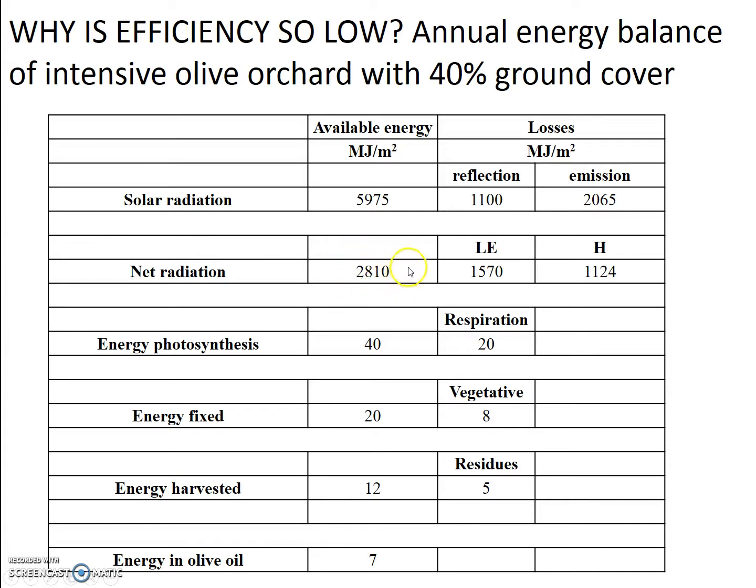This amount of radiant energy available, this net radiation, is spent partly in evaporating water, LE, flux of latent heat, more than 1,500 megajoules per square meter. A large part is also invested in heating the air above the orchard, more than 1,000. In the end, if we subtract evaporation and air heating, we come up that only a small fraction of the solar radiation that we had is accumulated